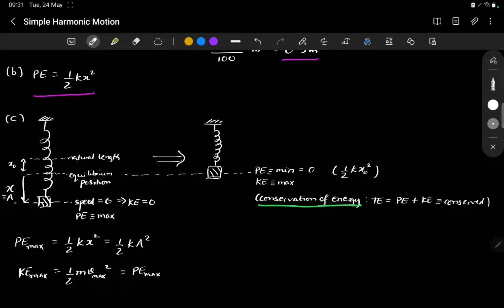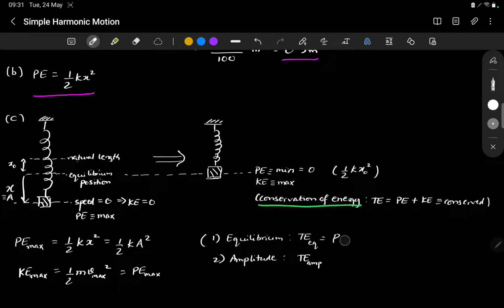Because if we look at the two situations, one is equilibrium and one is at the amplitude, then we see that in equilibrium the total energy is nothing but the maximum value of the potential energy, because kinetic energy is 0, and at the amplitude,